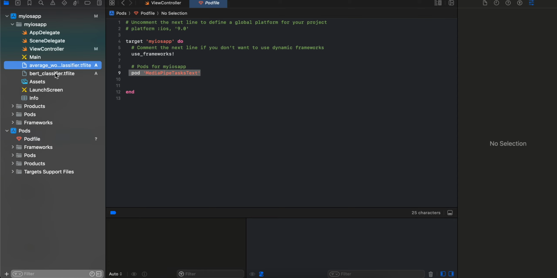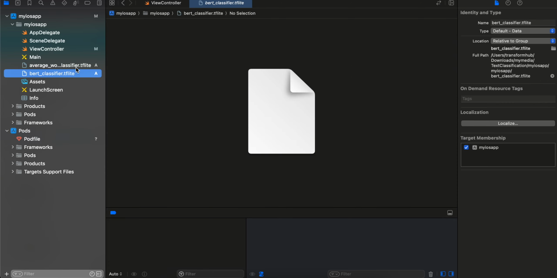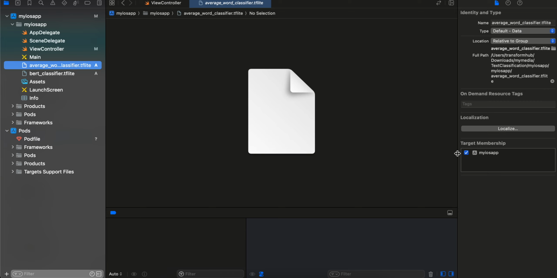Next, you will have to drag and drop your TF Lite model, whichever you want to use, and make sure target membership is checked for both. Next, inside view controller,